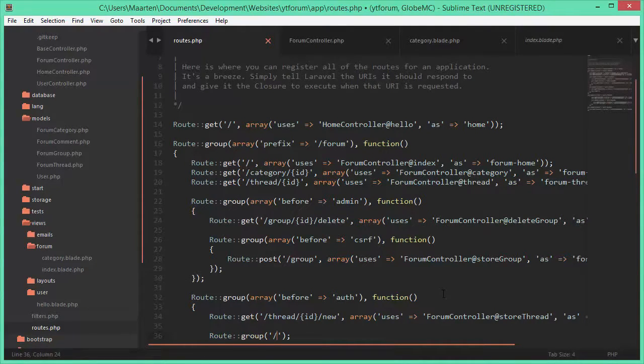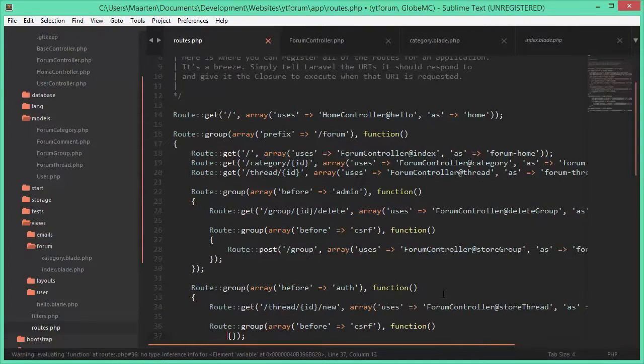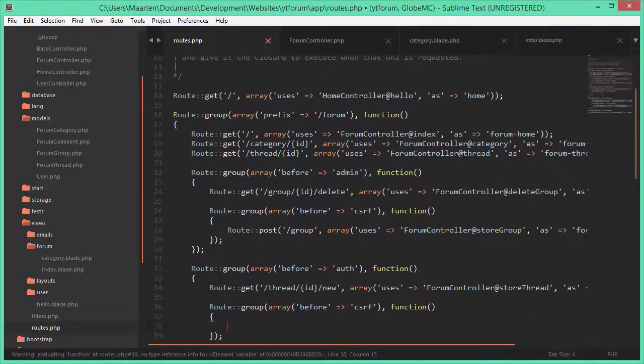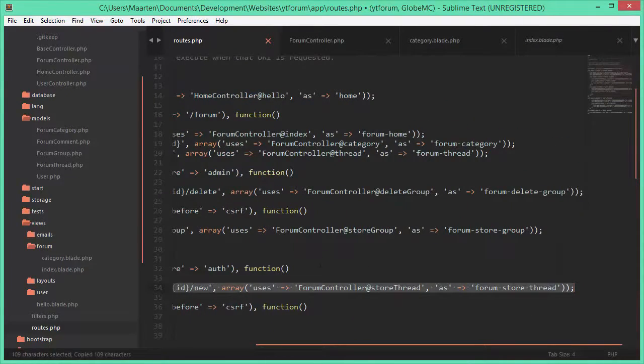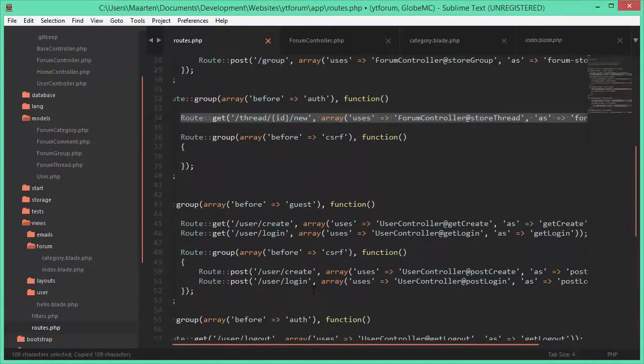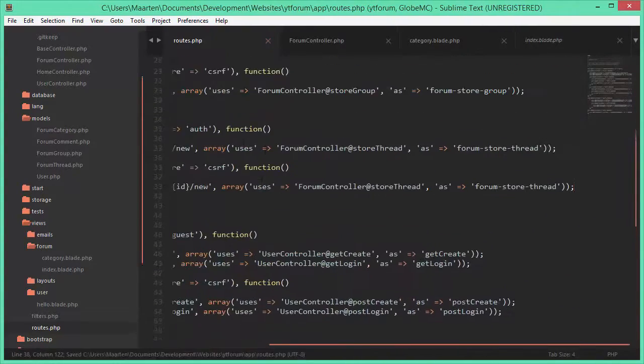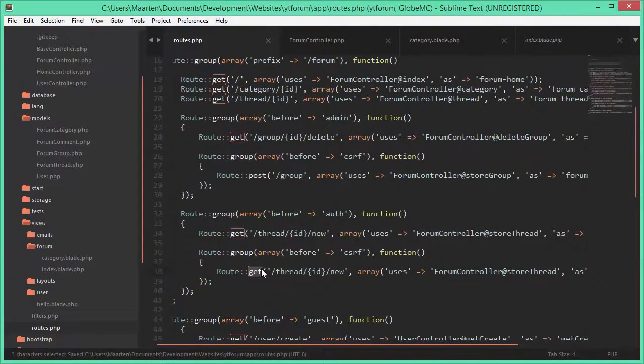with an array here before, and again this is the CSRF filter because we don't want people to hack our database, and give that a callback function, and add the same route here, but I am just going to make it a post,